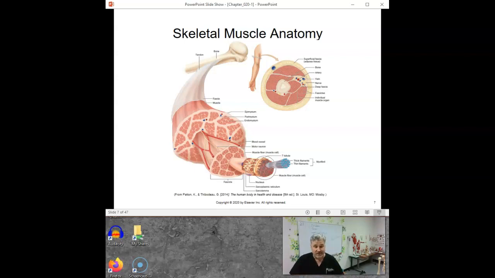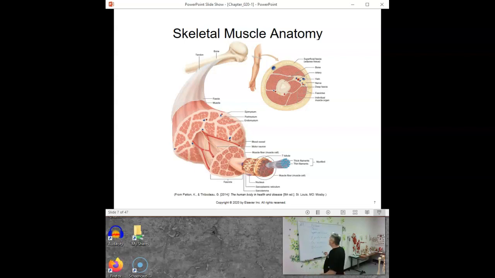Alright. So, because you know, I always have to kill somebody in a lecture, if we were to kill somebody and cut through their skin, first we would cut through the epidermis. We wouldn't see much blood here, right? Remember, the epidermis is basically dead, except the lower layers. Then we get to the meaty, juicy dermis. It's the thickest part of the skin. And what happens? We start to see a lot of blood.